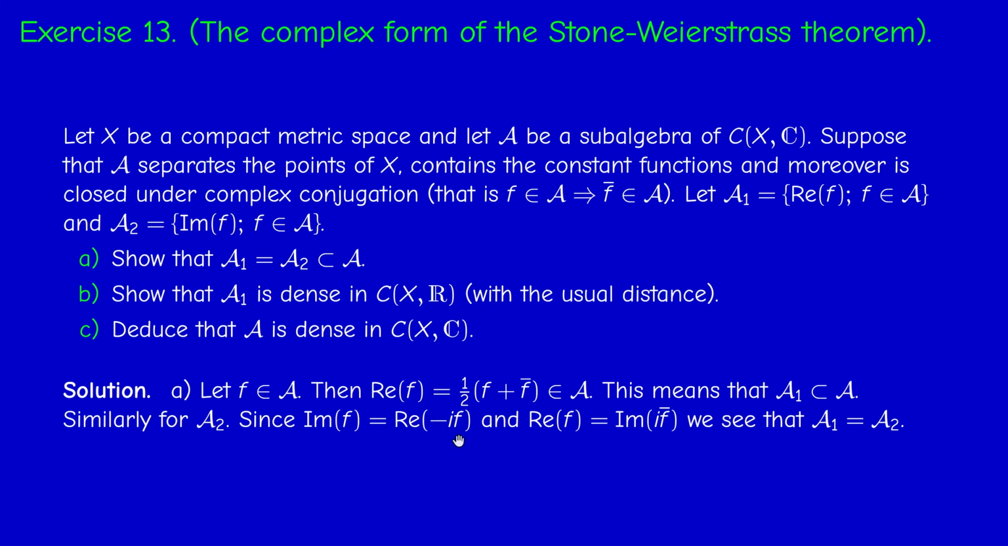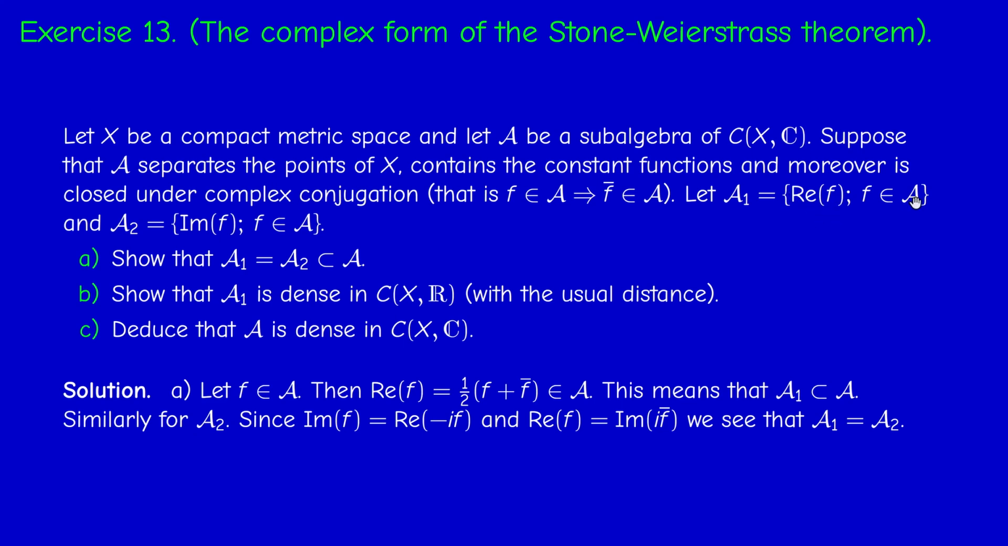This is just simple algebra, because if f is u plus iv, or f1 plus i f2, then minus if is minus i f1 plus f2. So we get the same f2. So the real part of this is the imaginary part of minus if, and similarly, the real part of f is the imaginary part of i times the conjugate of f. Just simple algebra. So any element in A1 is an element in A2 and vice versa,